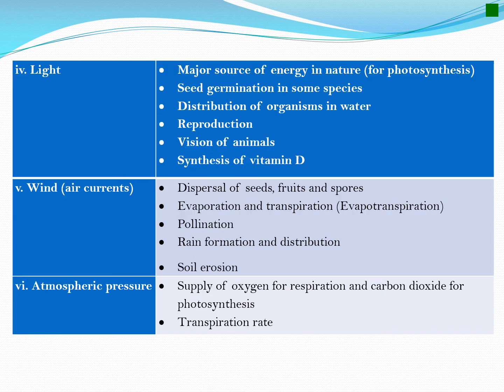Light is the major source of energy in nature, where it is used by plants for photosynthesis. Light is also required for seed germination in some species. We should remember that normally plants require three main factors for seed germination, that is to say humidity or presence of water in the soil, warmth or temperature, and air or oxygen. Other requirements such as light, chemicals, smoke, fire are going to be required depending on particular